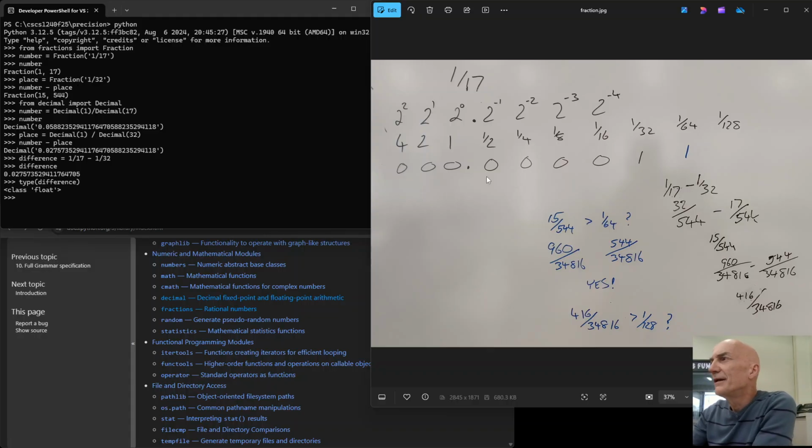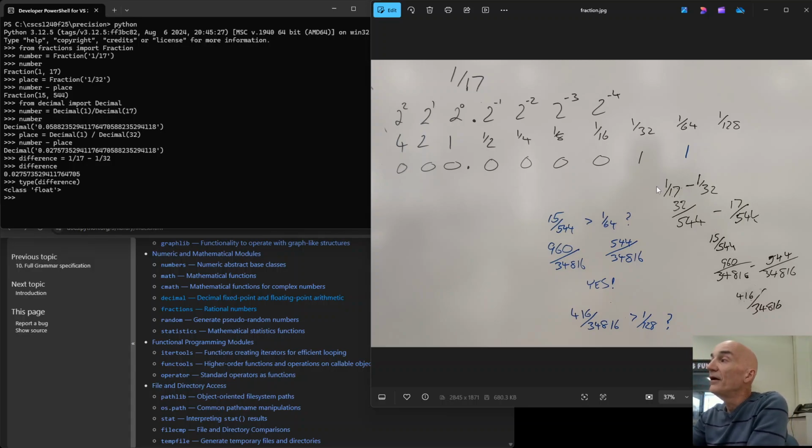Okay, great. Now we ask ourselves, what's the biggest place value we have that goes into 1/17th? In other words, are there any 1/2's in 1/17th? No. 1/4? No. 1/8? No. 1/16th? We're getting close, but 1/16th is still a little bit bigger than 1/17th. So 1/32? Yes, we do have one of those in there. So we're going to keep track of the fact that we have one of those and then take it out,